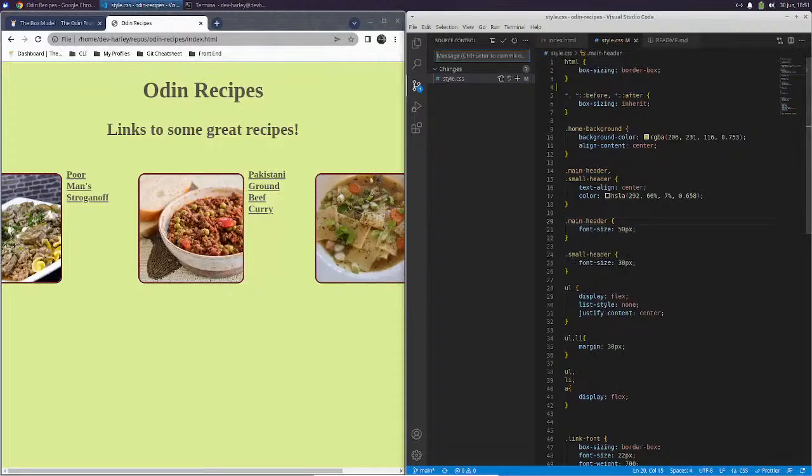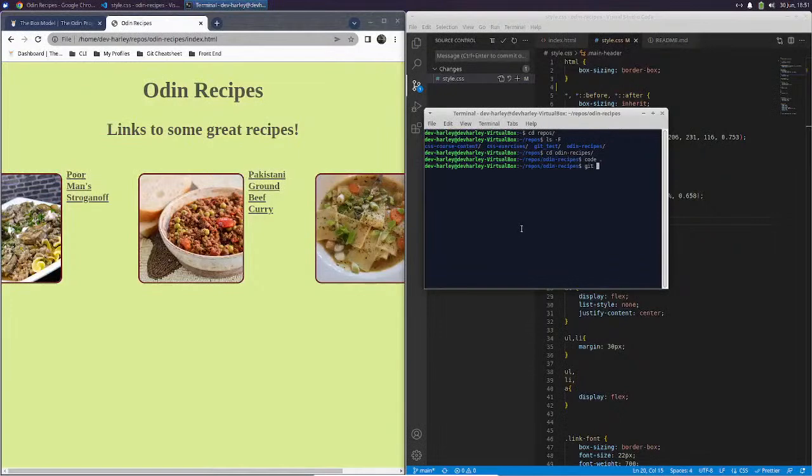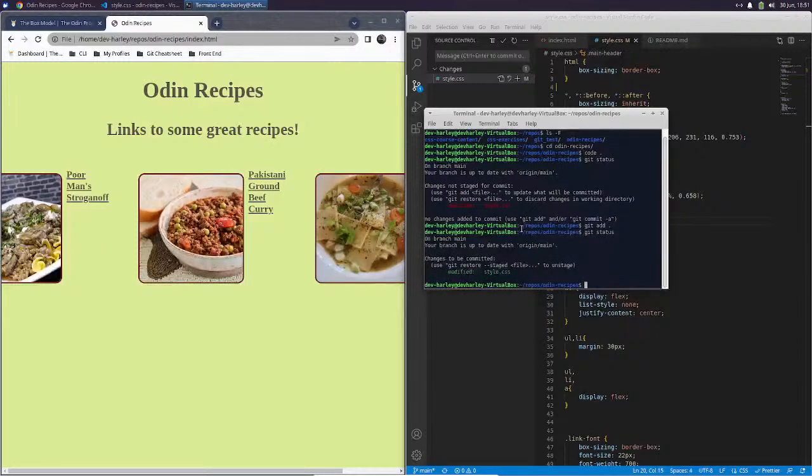You can also push your changes to GitHub from here, or we can get status. So we have a modified style. We're gonna do git add all, or I think there you go. Git add all. So, and then we'll get status again, and then we can get commit. I think it's -m. Git commit -m, and then